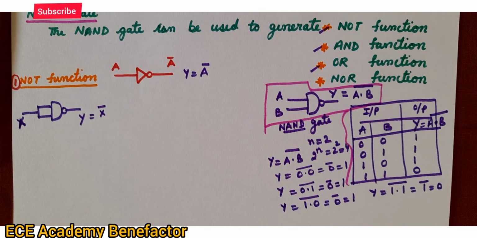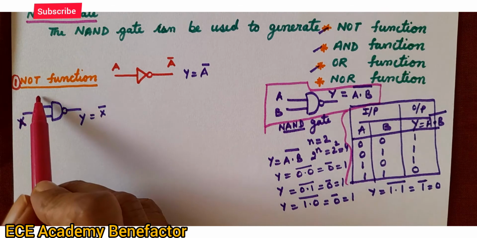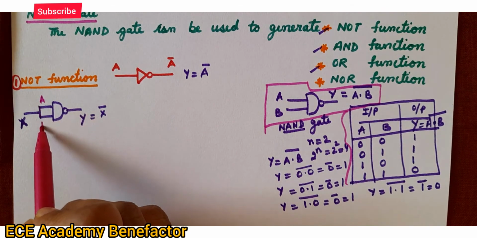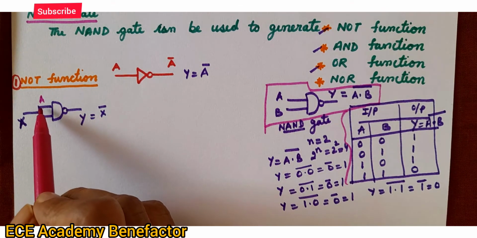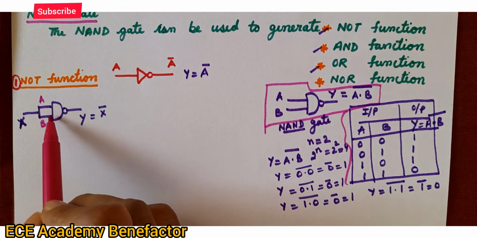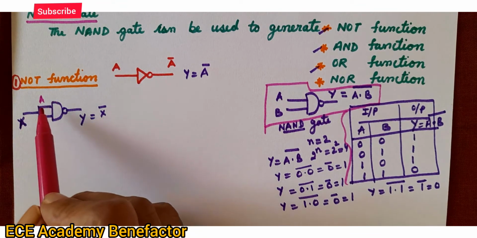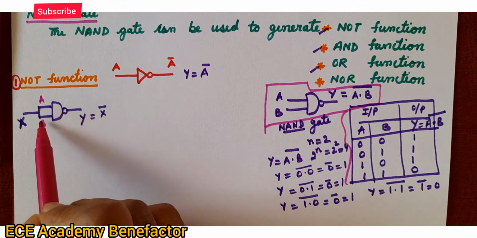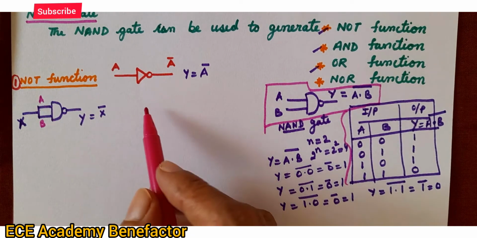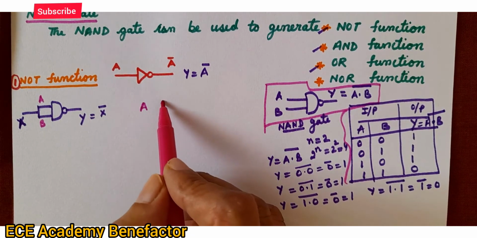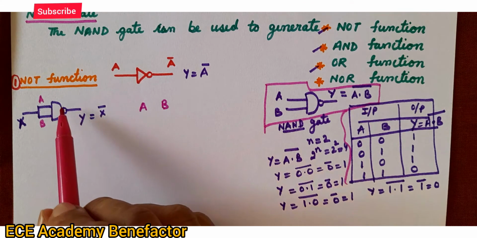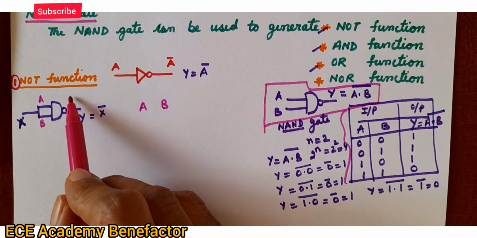To understand more clearly about it, let us take this input as A. For a NAND gate, the input variables A and B are combined. So, let us say the inputs are A and B and write its truth table. The input is A and B. So, what will be the output here?